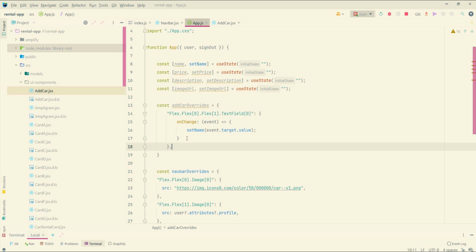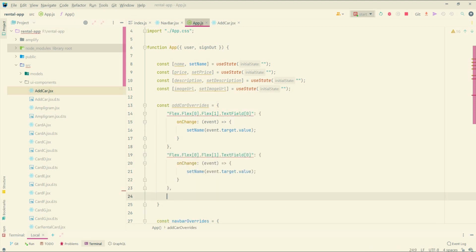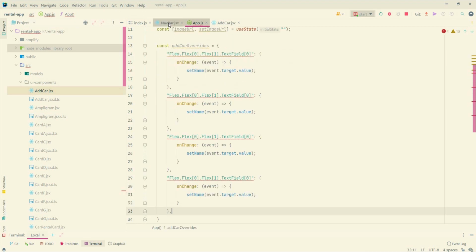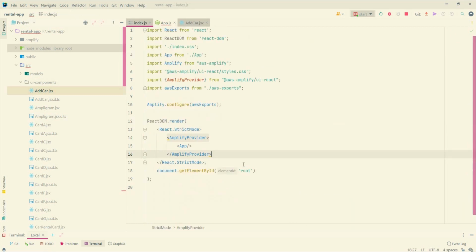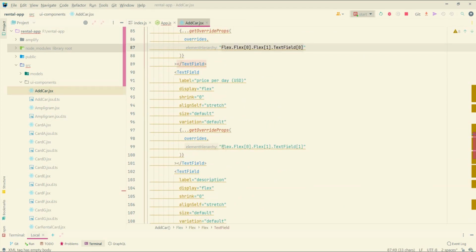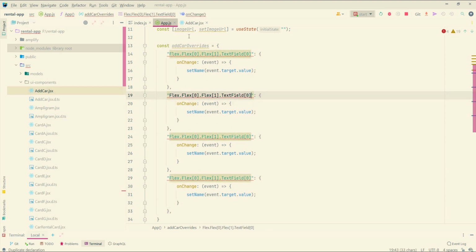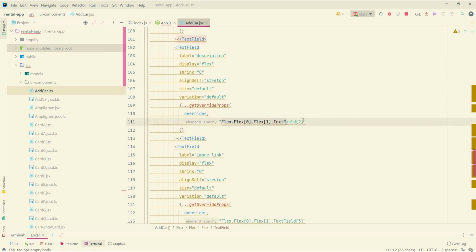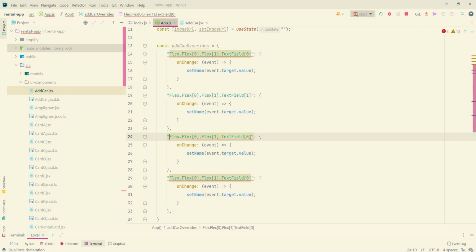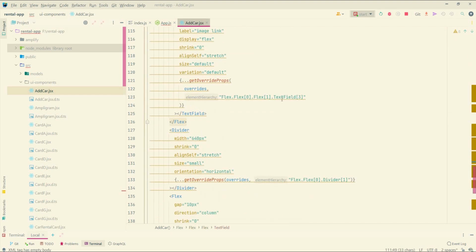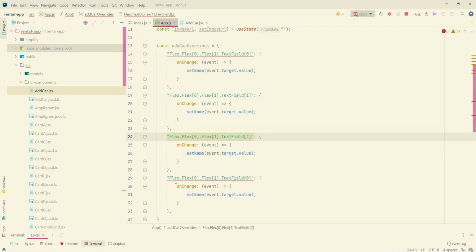So let's just copy those keys real quick. And this should be text field 1. And this should be text field 2. And text field 3. This should be set price and set description and